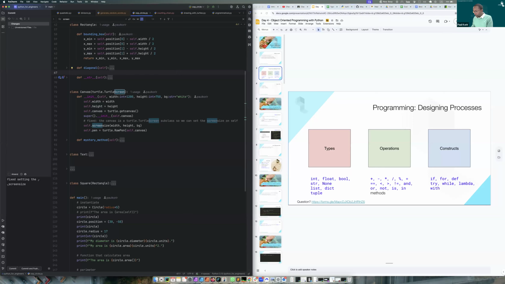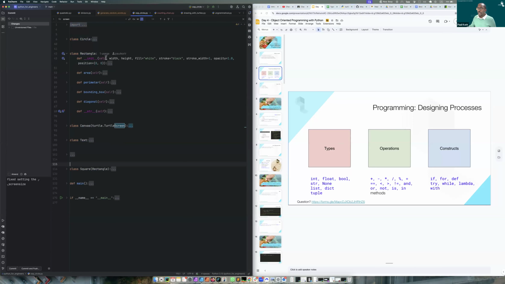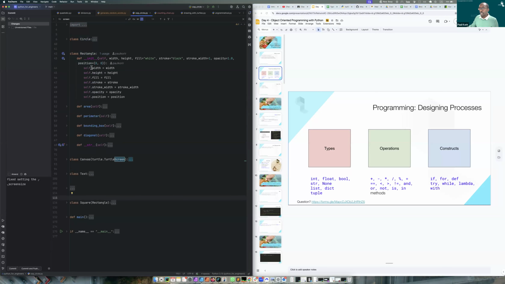If I just take you back to our beginning with a rectangle, we started off with a very simple rectangle, and we defined that a rectangle has a width and a height. We are taking advantage of the def construct, which is a function definition construct, to then come up with,